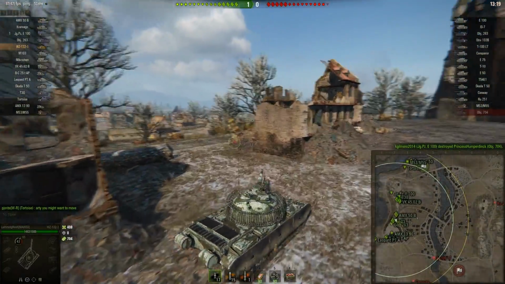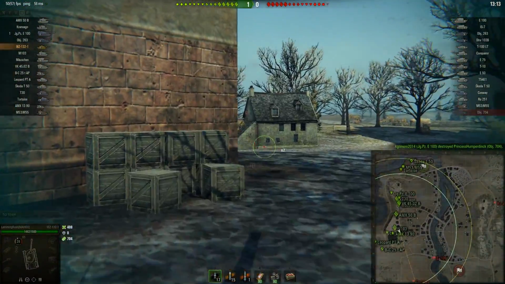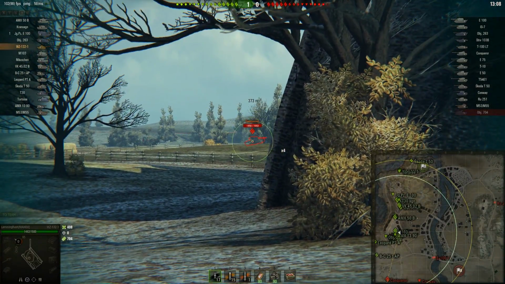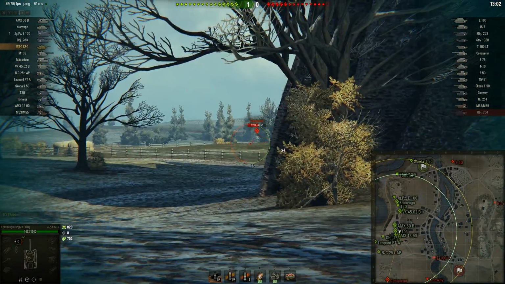From my perspective, I'm just going to check to make sure there's only the Conway left, and I'm going to drive up to here to try to get shots in people as they run away and make sure it's only the Conway left. Now, there's the Conqueror there, so I'm going to shoot at him, and he's not spotting me, so I've got that light tank camo and view range and stuff, so I can basically just shoot at this guy